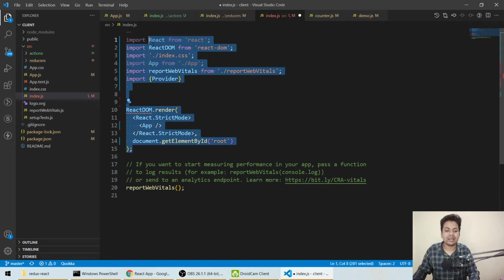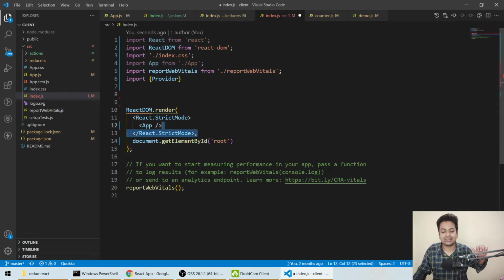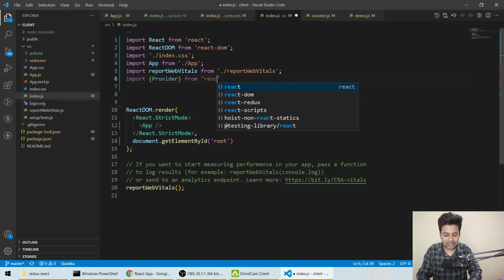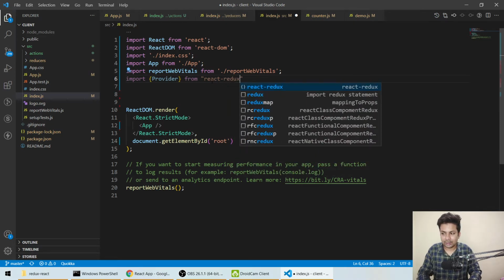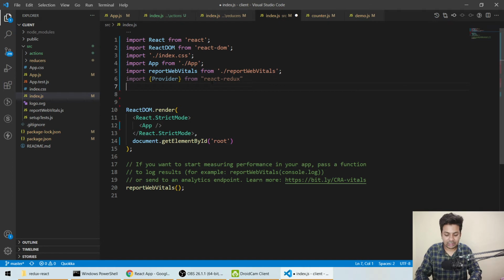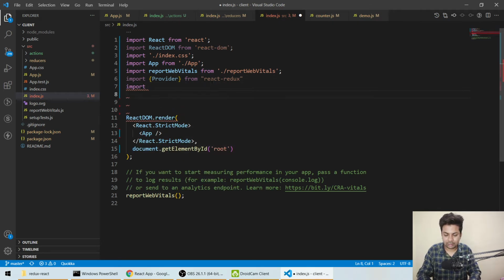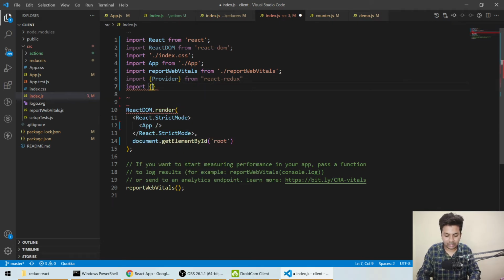These things are written and you may not know what they are used for, but you really don't need to care why it's doing it. So we'll import Provider from React-Redux, then we'll import createStore.